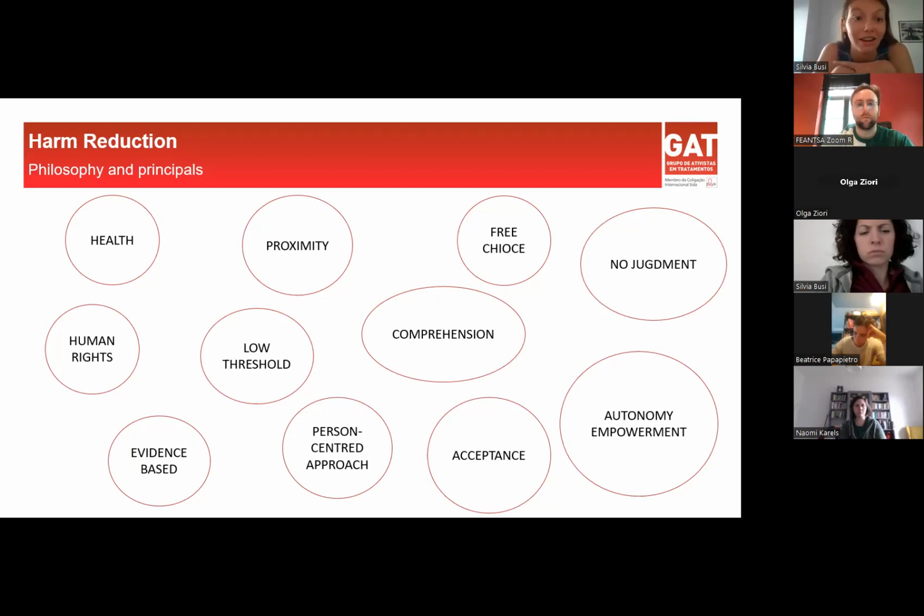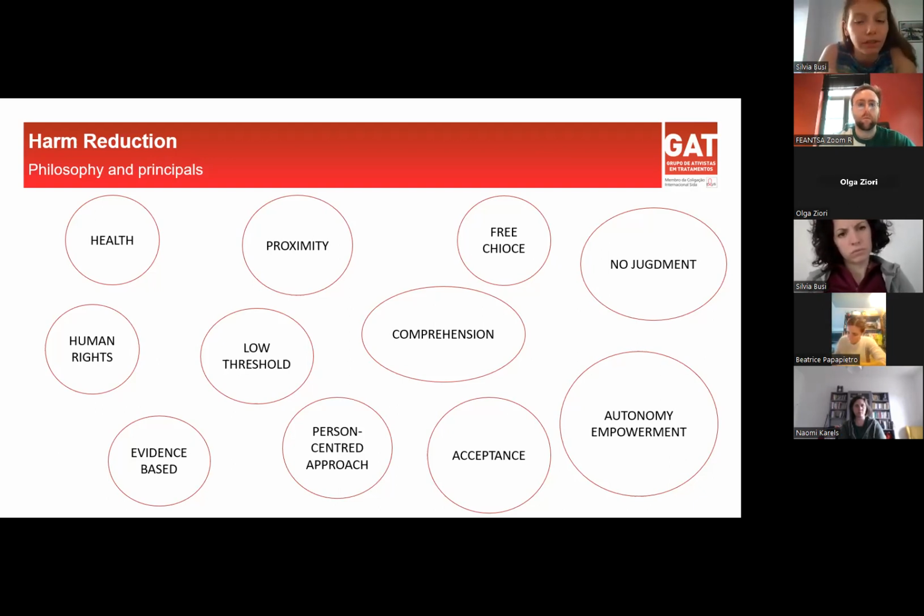Sometimes as a professional, it's hard to understand, because of course we don't want them to die, we don't want them to get sick, but it's their choice. And we have to be comprehensive and accept. Sometimes it's hard. We have to do a lot of work on ourselves to deconstruct the stereotypes that we might have. Drug use and sex work are things that we grow up thinking are bad, are dangerous, we shouldn't do them. Stereotypes are in our head, and we have to make sure that we deconstruct them and we are able to pass the information without judgment and accept everything and comprehend.